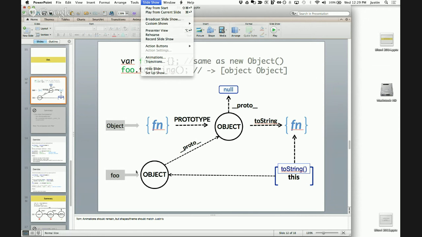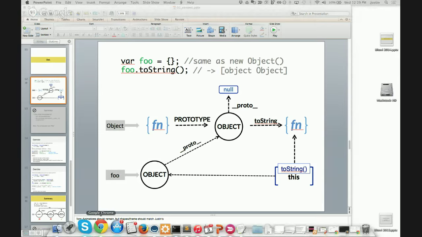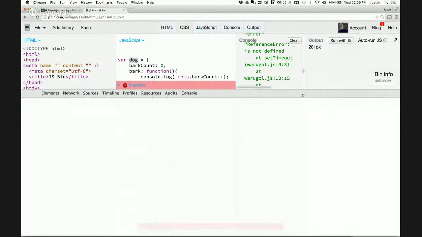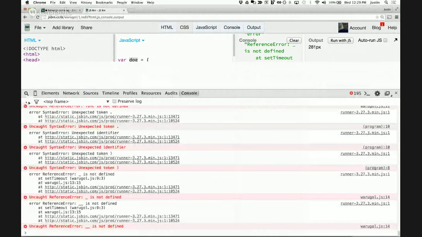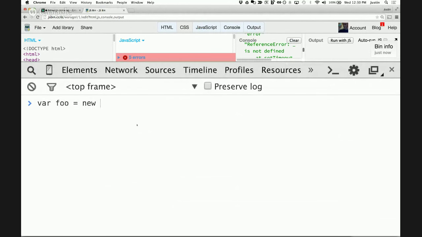I wanted to show this stuff in the real world, so you can actually see how this stuff really works in your editor. Let me open up my JavaScript console, which is really good for debugging. Clear all these errors out. Let me blow this up. I'm going to do var foo equals new Object. Now, if I look at foo,